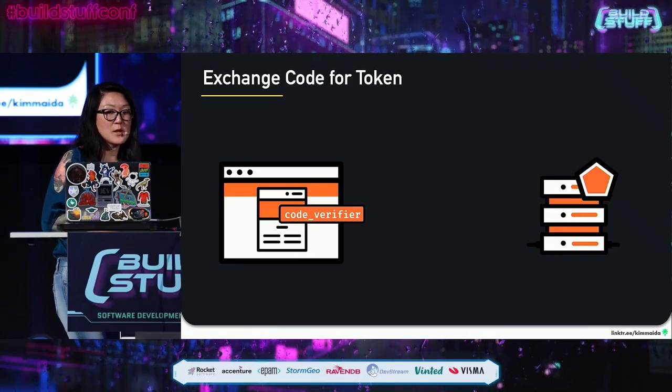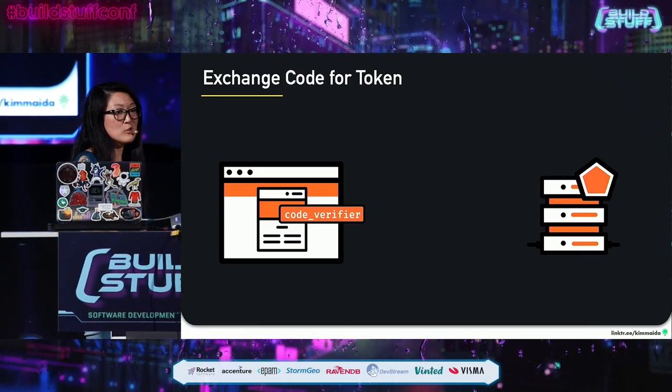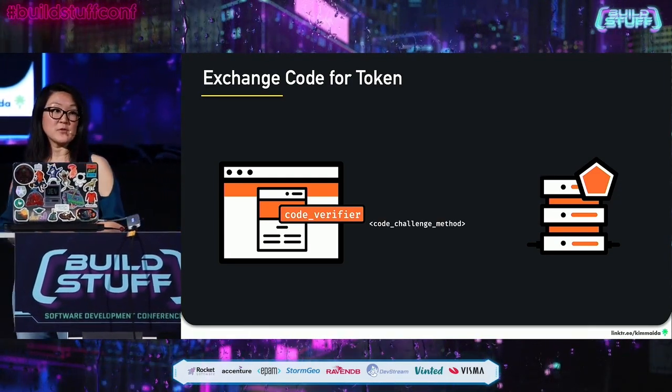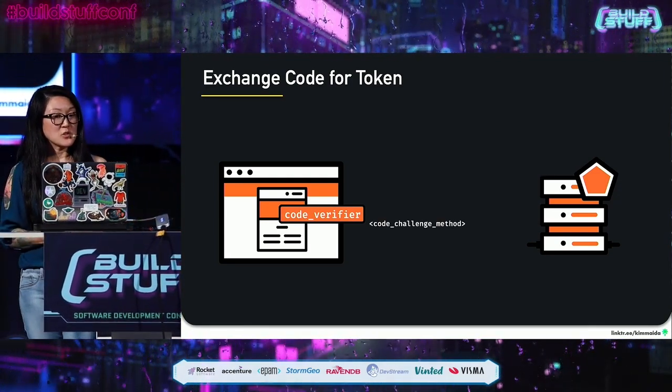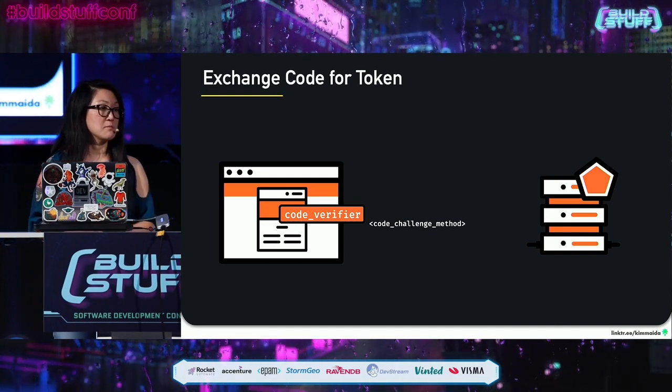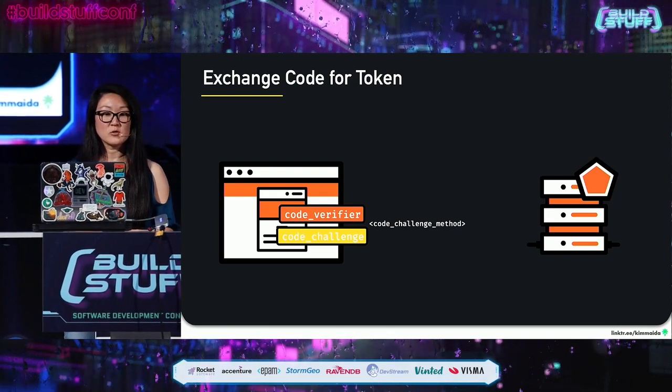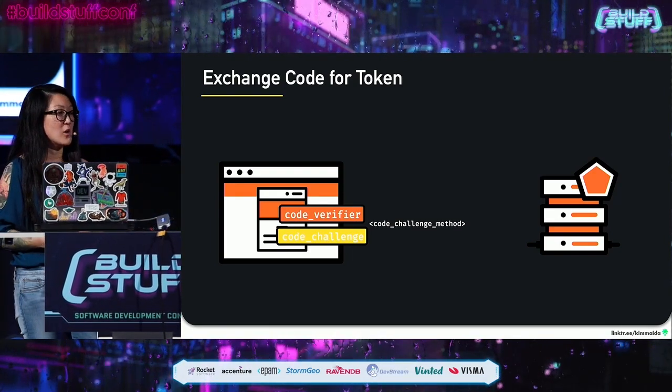Let's say we have our JavaScript app, and it's running in the user's browser, and then we have our authorization server. On the client side, we're going to create a random string, and this string is called a code verifier. Then we also have a hashing function, and the hashing function is called the code challenge method. Now, using this function, we'll hash the code verifier string to compute a hash string, which is called the code